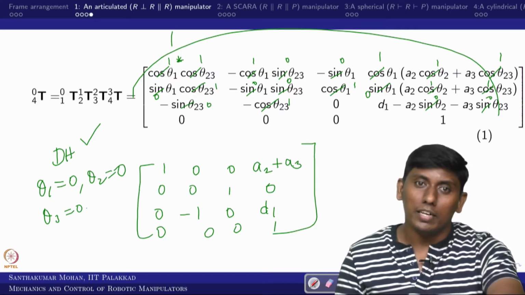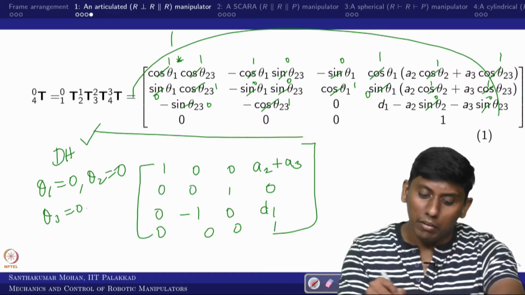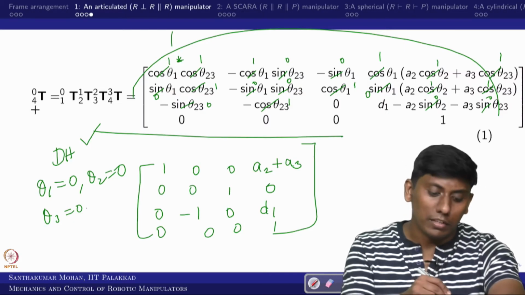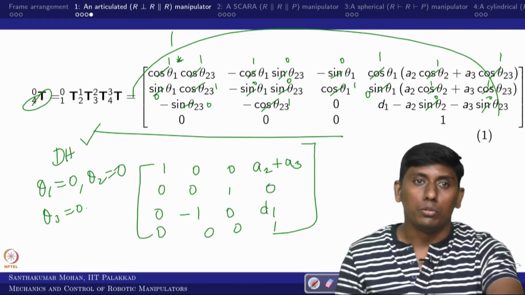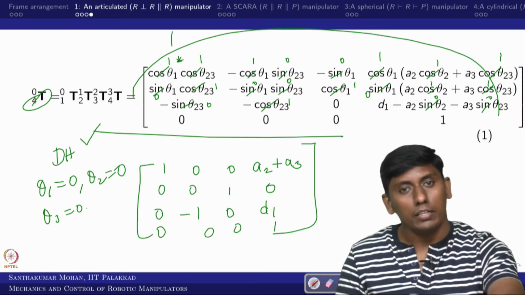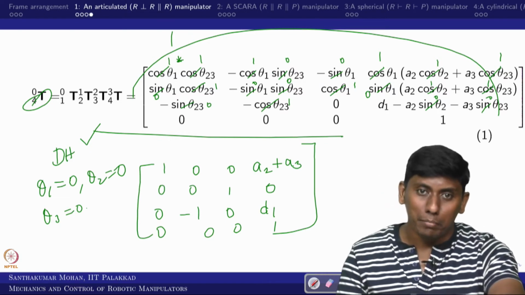That is what I said, this is the last task. Once you obtain the DH parameters, you derive the final transformation matrix, the transformation matrix of 4 with respect to 0, and substitute your home position and cross verify. We will see a similar kind of example in the upcoming lectures.